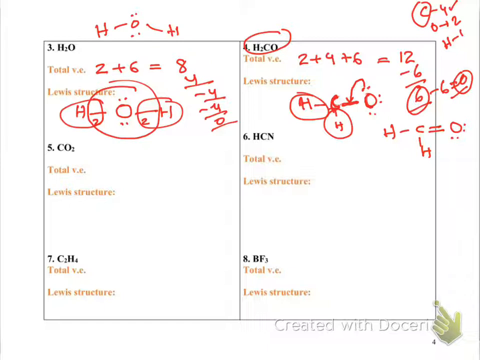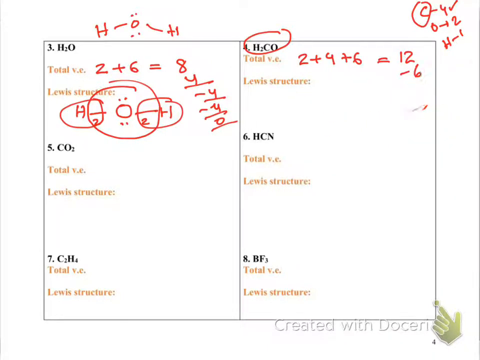Now look around carbon. You see 1, 2, 3 and 4 bonds around carbon. Carbon has 8 electrons. Look around oxygen, it has 2 bonds plus 2 lone pairs, total 8 electrons. And now each and every element has an octet. So that will be the Lewis structure for H2CO. Let me erase this and make it one more time here. It will be H, double bond O, and here are the lone pairs.